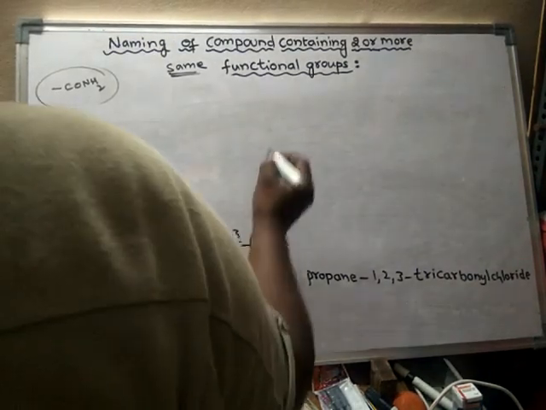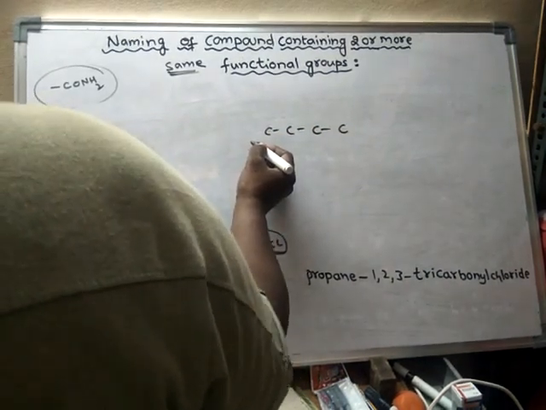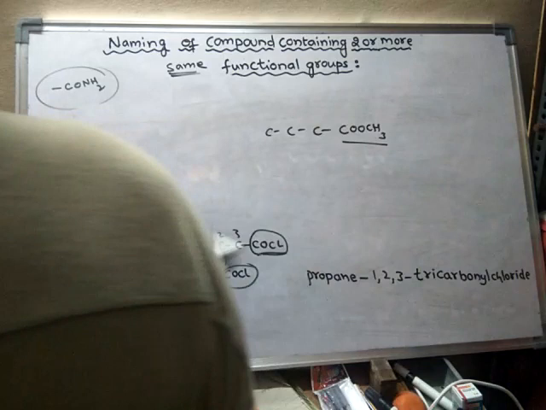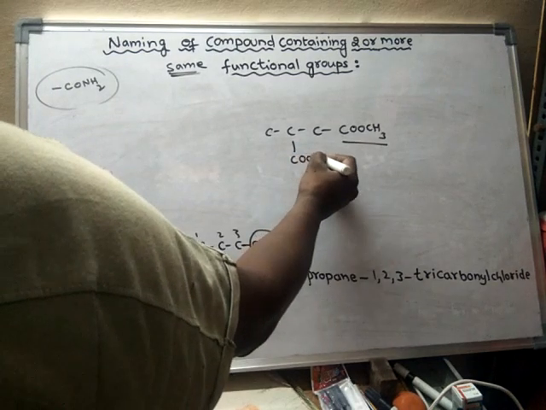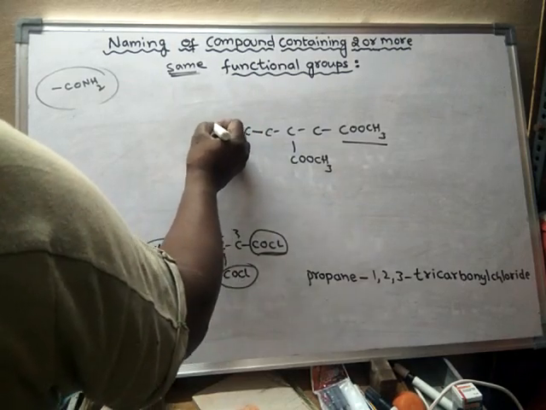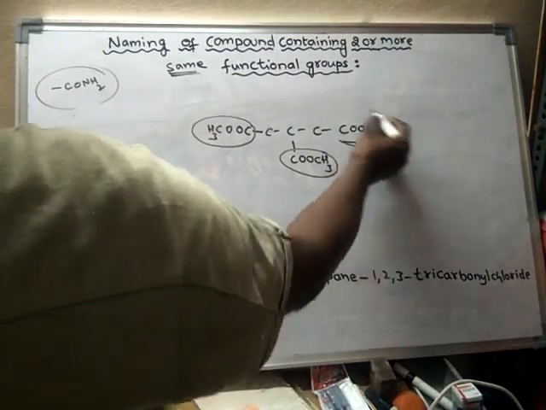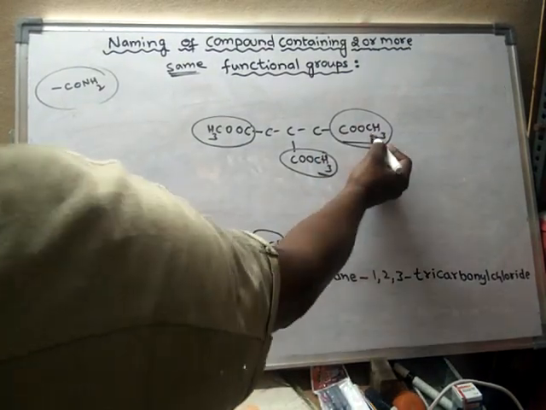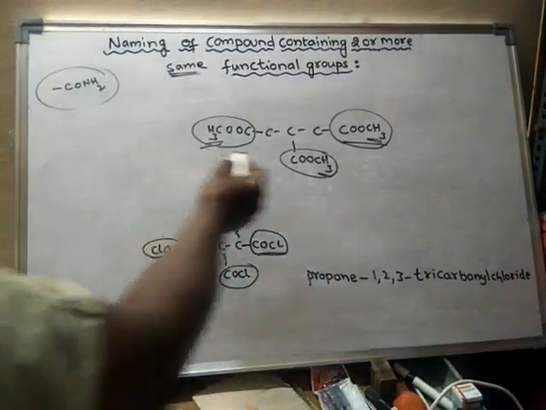Suppose it is like this, ester is present. Suppose the ester group is repeated for more than two times, like this. So this is ester. Okay. One more COO CH3, the same, and again here also COO CH3. So this is one ester, another ester, and another ester. So this is called methyl esters. Methyl, because a methyl group is attached to this ester. How many methyls are there? Three methyls are there. So what is the name of this compound?